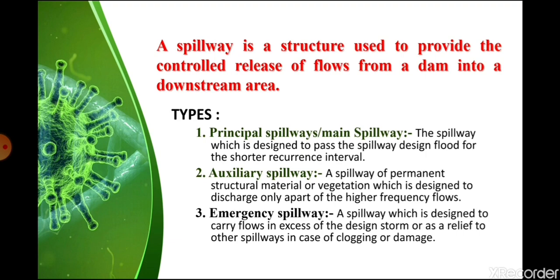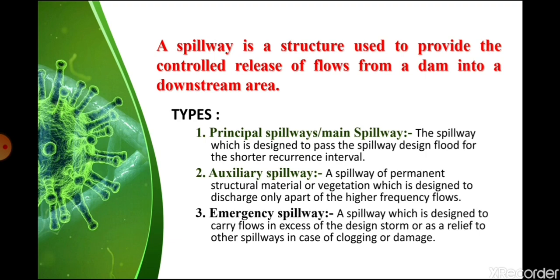Okay, so if rainfall is coming frequently, which is generating some kind of runoff or flood, all that flood accumulates in the reservoir. From the reservoir you have to pass some controlled amount of flood into the downstream area. That is called the principal spillway.